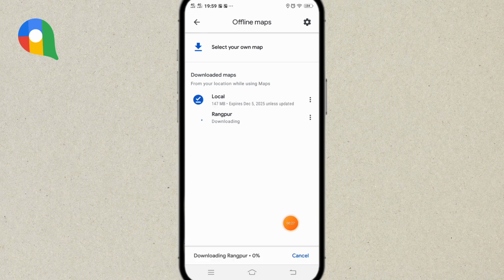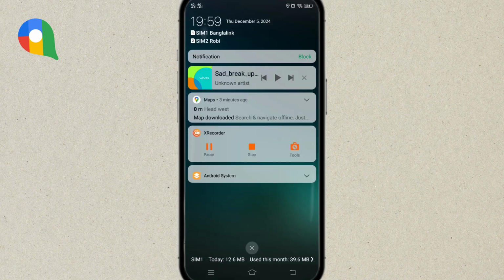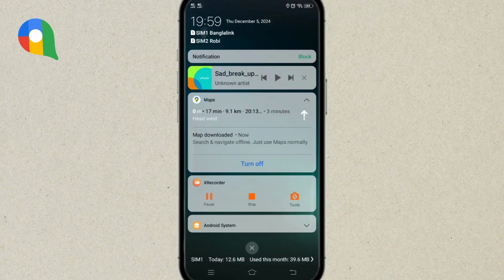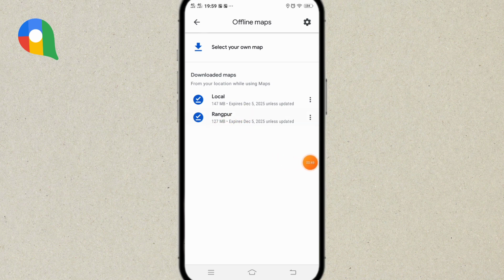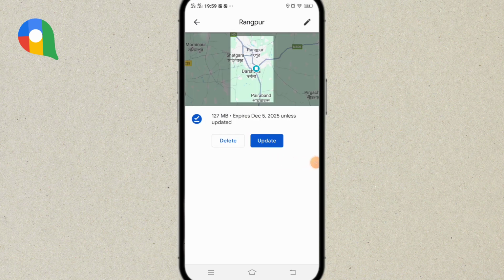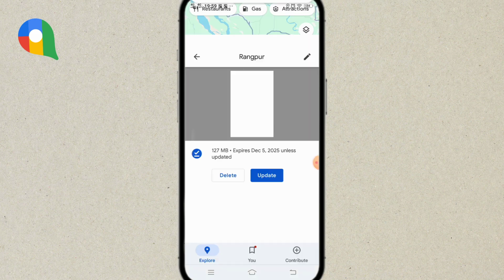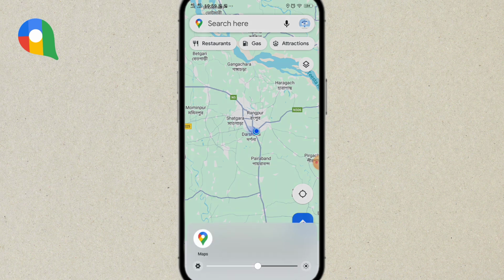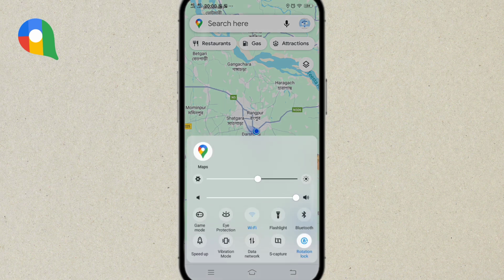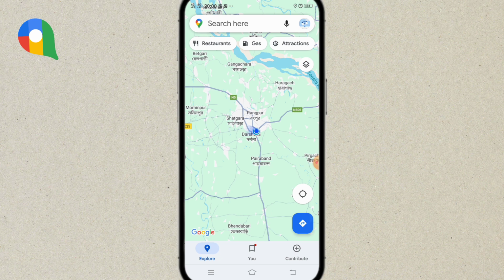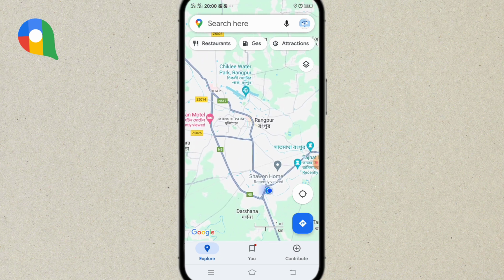So you can see this is my previous map and this map is downloading. After the download, you can see this map has also been downloaded. I think the map has been downloaded. So you can see if I click here, update, then it will update, and if I click here you will see it will be offline. So if I turn off the internet connection and select one of the places, then I can